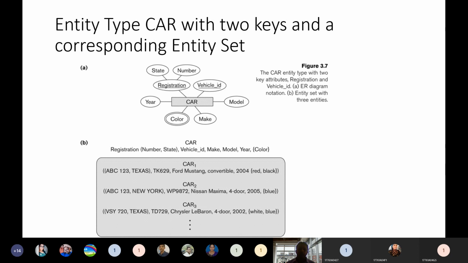In the schema, we write registration so that the two columns are considered together as a key attribute. So ABC 123 Texas is one car, ABC 123 New York is another car, and some other number Texas is another car. It goes on like that, so the real values come over here.